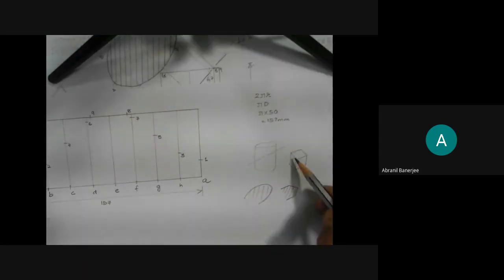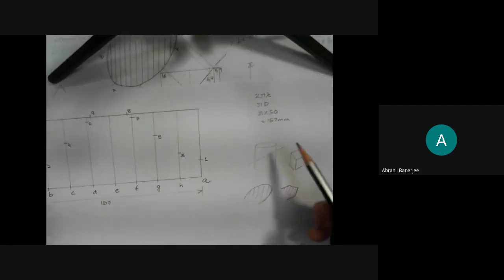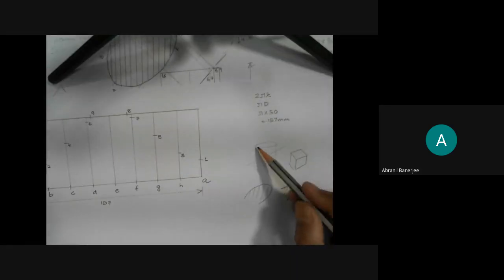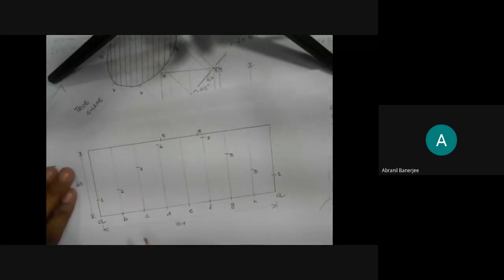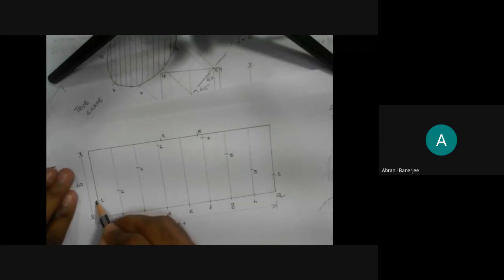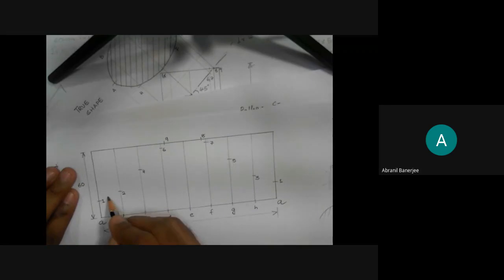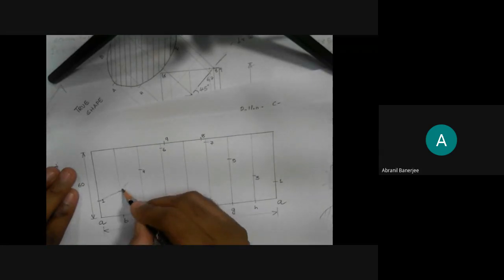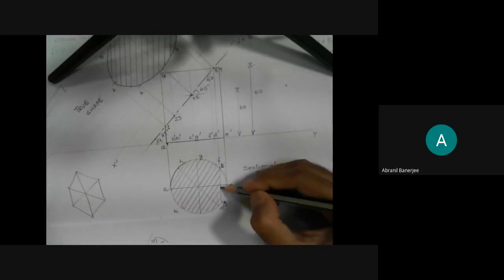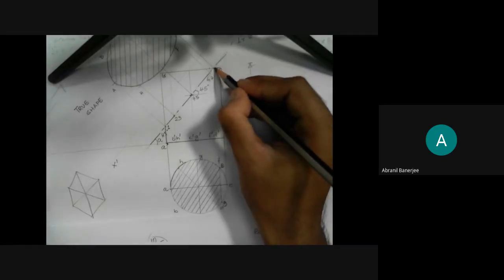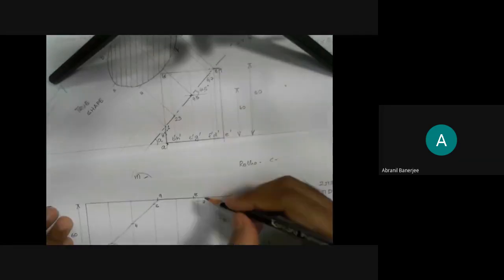Accepted? Because this has edges, flat surface. This has a round surface. So my cut part, I will be joining not with a straight line, but a curve like this. 9 and 8 has to be joined with a straight line because it is a straight line. It is cut. There is a cut portion, and then